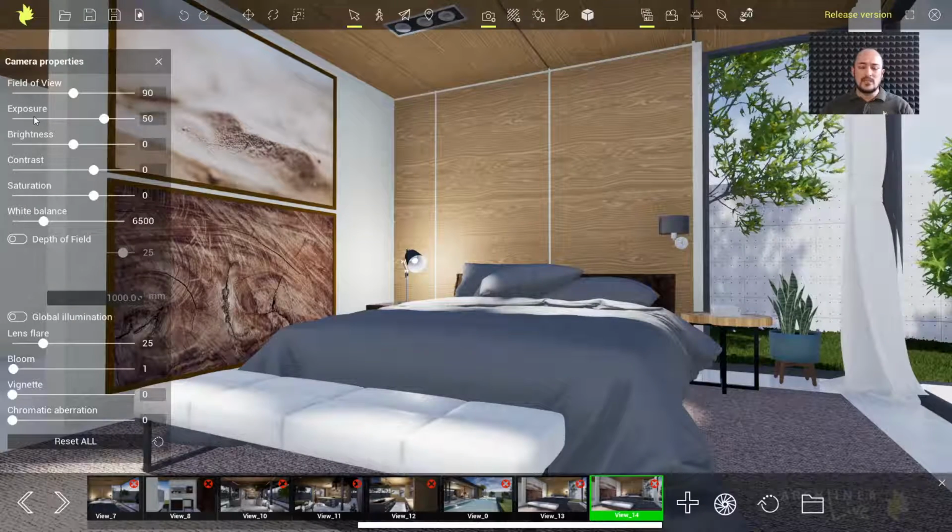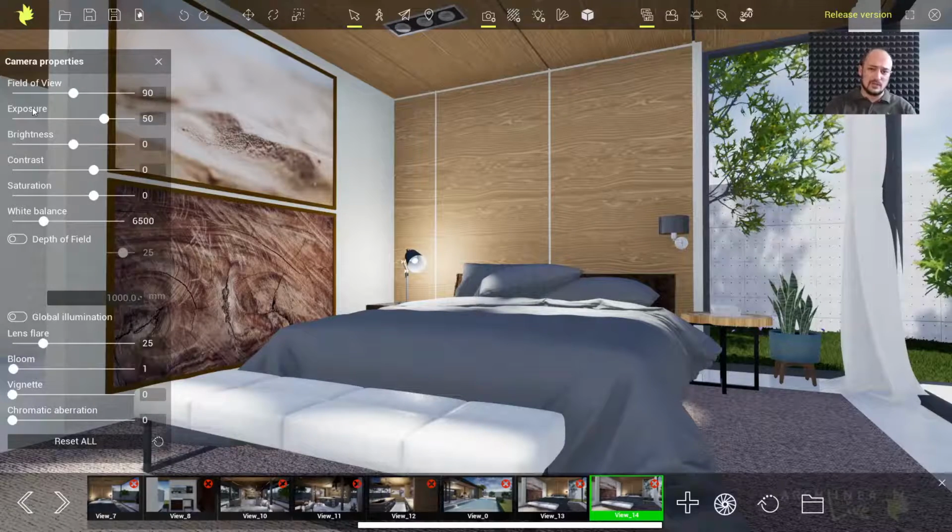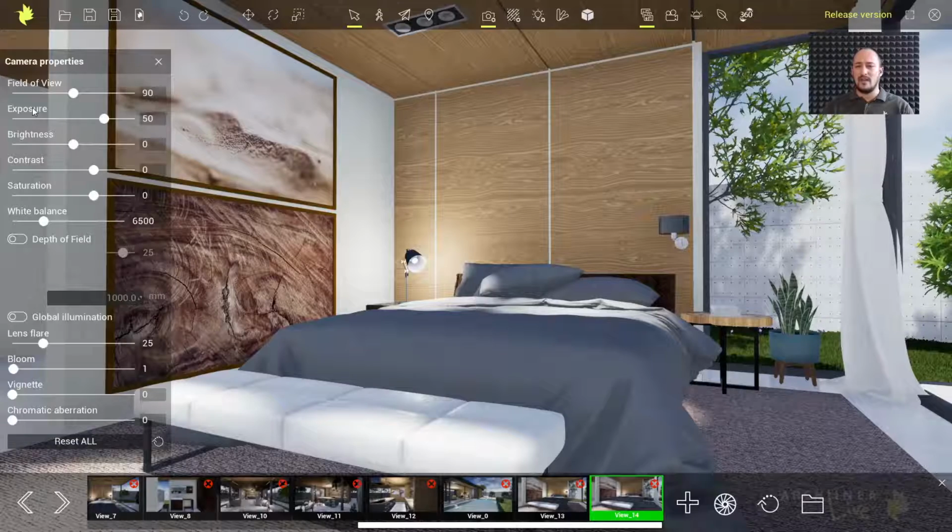Exposure is something that you cannot set up for the whole project, because there will be darker spots or brighter spots in the range of views that you have. So something that you set up for this specific view might not work with the other views, because if those have many more artificial lights or direct sunlight or something like that, perhaps you need to dial that down. But other than that, it is very easy to set up and make a difference between the two separate